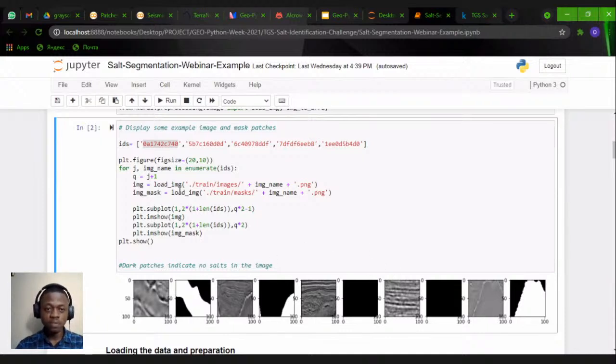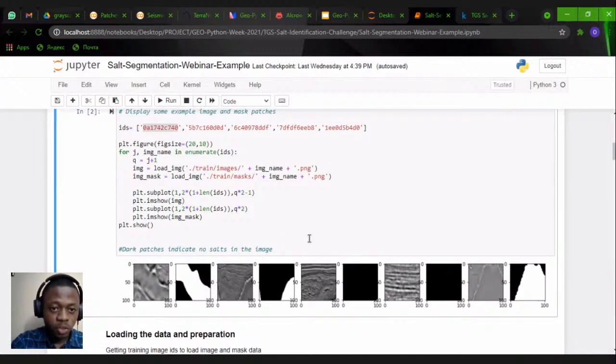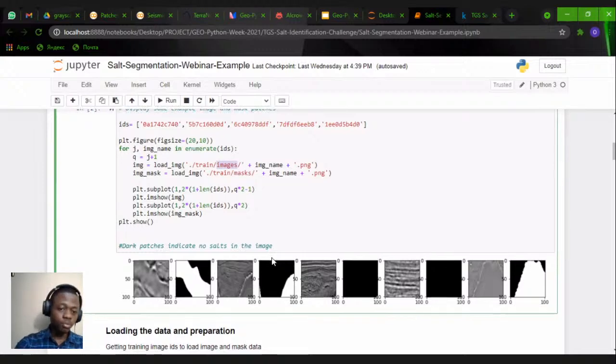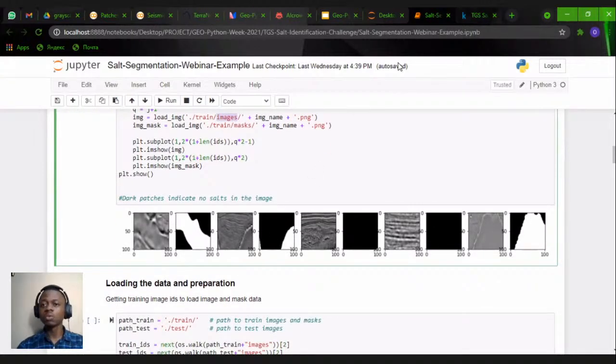That is just five of these examples, making use of their IDs. So these seismic patches have IDs attributed to them, and they've been saved to a folder called train. We have a folder called images having all the seismic patches, and then another folder called marks having their corresponding marks. So yeah, the data could be downloaded from the